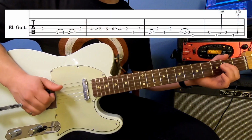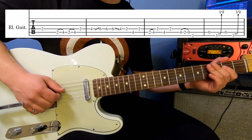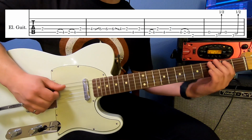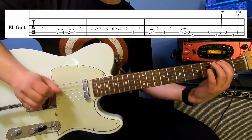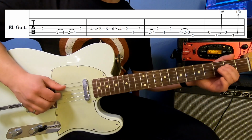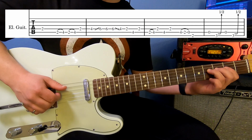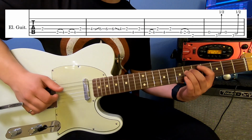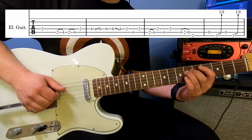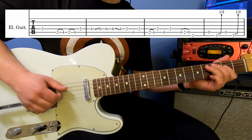Now the next line, we're going to start on that 2nd fret of the D string that we just hit. You're going to play 2nd fret D, hammer on from the 2nd fret of the A string to the 4th fret 2 times, 2nd fret of the D string, 4th fret of the D string, slide up to the 6th fret, 6th fret again, slide that 6th fret down to the 4th fret, 2nd fret D, 4th fret A, 2nd fret of the